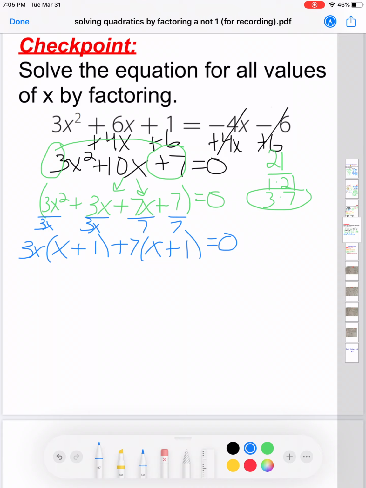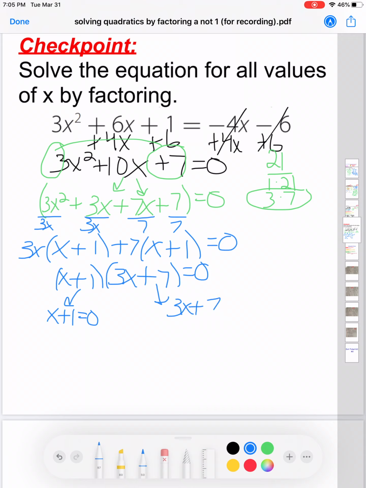Factoring the x plus 1 out front because they both share x plus 1, then I'll drop down the 3x and the positive 7. Now again, we have to actually solve for all values of x. So we're going to use our zero product property. We're going to set the x plus 1 equal to 0, and we're going to set the 3x plus 7